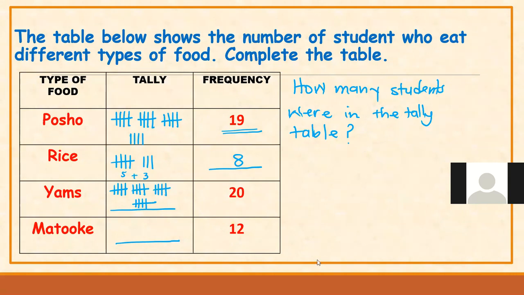For rice? No, this one here, Ankunda. Here? No, these ones were not given. I've just put mine. I've decided to put this group, which is having 5, and this one here, which is not a complete bundle. So this one, don't get confused. I've just written it for you. This is one group of the 5s. I've written the 5, plus these 3 ones. They have not made a complete bundle. So the answer I get is 8. This one is not so important. I was just showing you how we get it. So don't you get confused about it. Even if you just count it like this, you get the answer as 8.